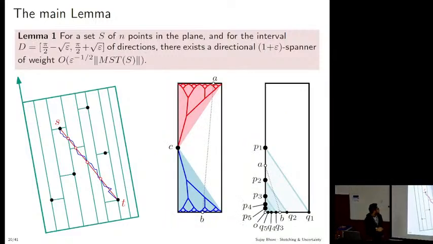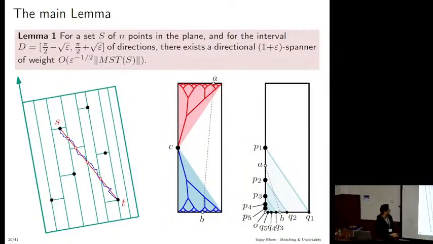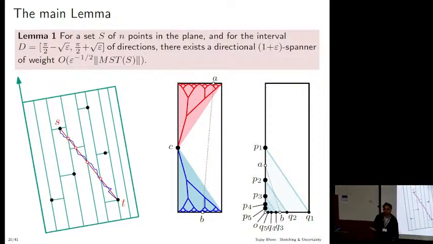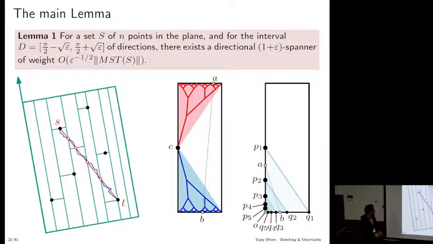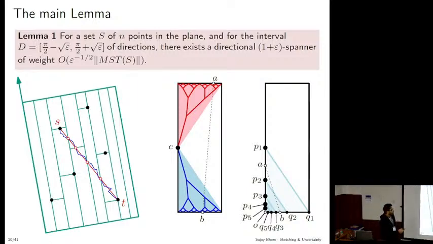But the question is, how do we travel? This is like an ambient space. It's completely vacant. You don't really have points there. But we have shallow light trees. One way to think of a shallow light tree is as a net construction in the underlying space which will allow you to jump from one place to another in a light way. How many shallow light trees? One is clearly not enough. This is not a single source setting. So I have to go from this point B to A. How do I go there? You say, okay, let's pack 2. That's also not enough, because if I have to go via C, this is a lost game already.